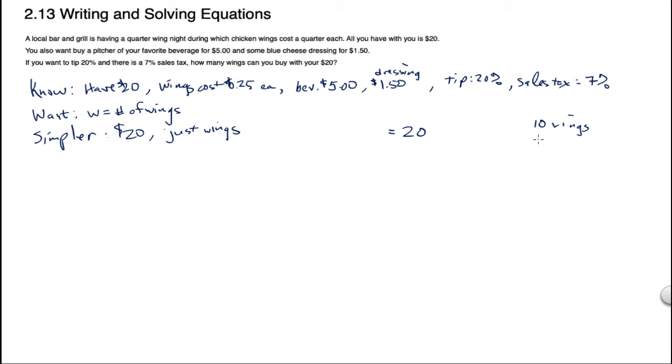Well, how much would 10 wings be? Well, you take 25 cents times 10, right? And you get 2.5, or $2.50, right? So instead of using numbers, let's just put the variable in there, the thing we don't know, for the number of wings. And we would get this equation,